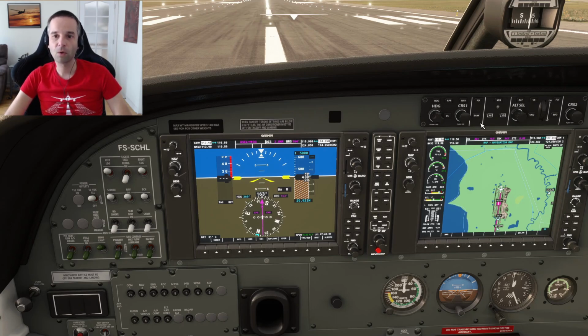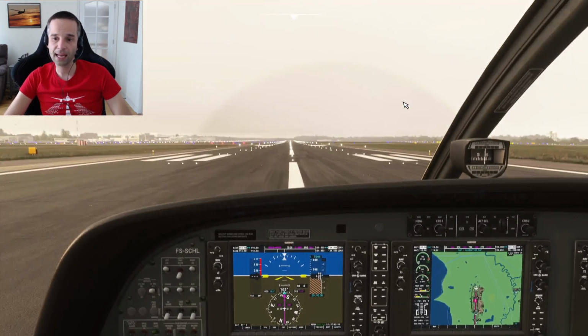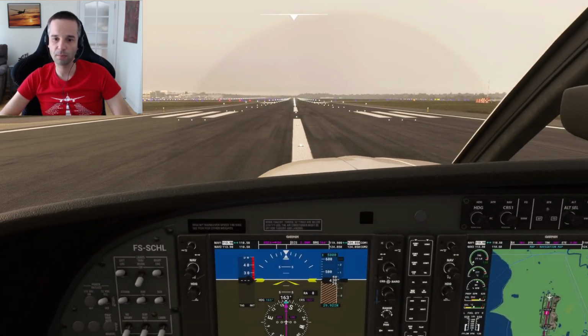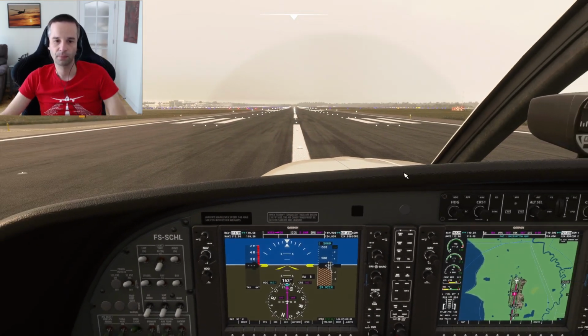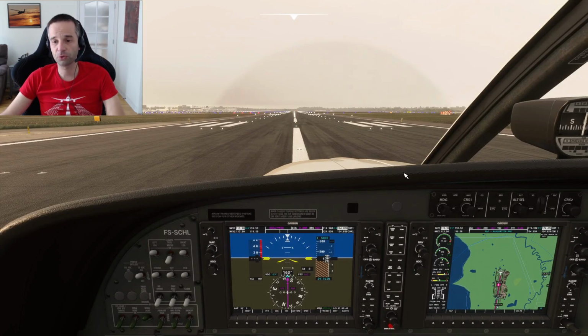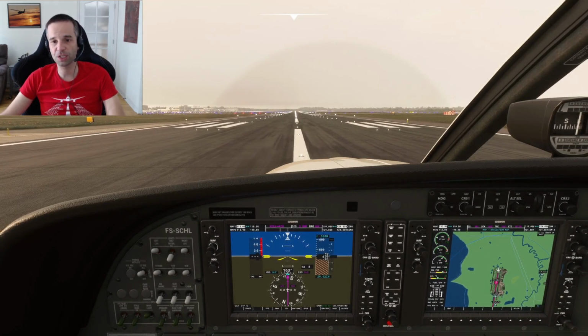The other thing I'm going to do is also sync the heading bug to the current heading of the runway, so that when I enable the autopilot, I can quickly enable heading mode and the airplane will hold on the heading that I want, and I'll be able to also continue my climb up to my cruise altitude. If you're not familiar with how to use the FLC and HDG modes of the autopilot,